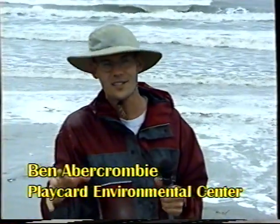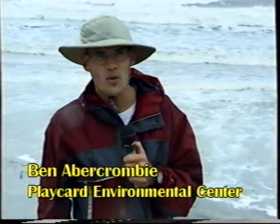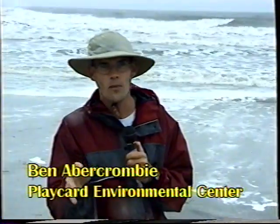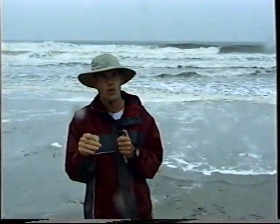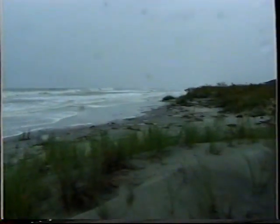Welcome to the windiest, rainiest show we've ever done. The reason why it's so windy and rainy is we have a tropical storm, Ophelia, getting ready to turn into a Category 1 right over my shoulder right back here, about 100 miles offshore. It's sitting right now, it's churning behind us. In the next few hours, it's going to be coming in and hitting us as hard as it can